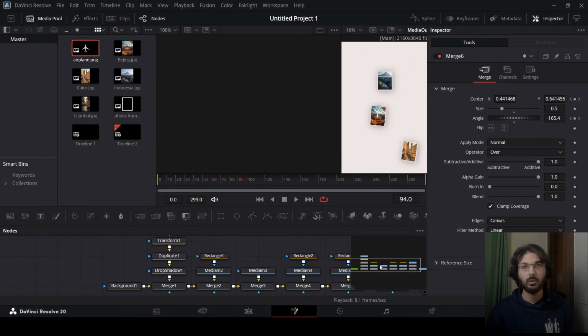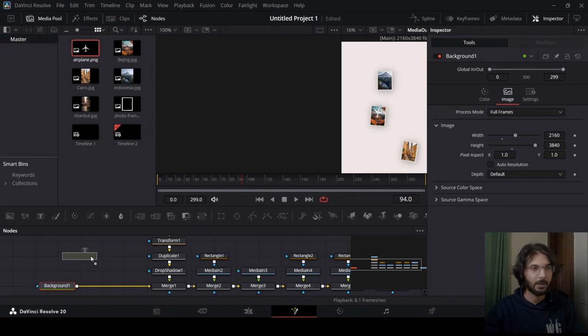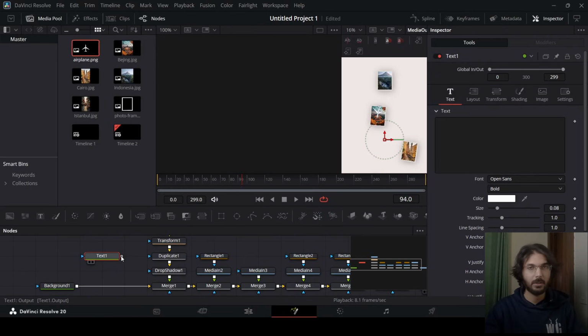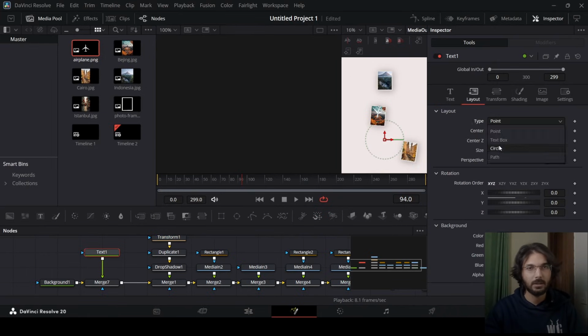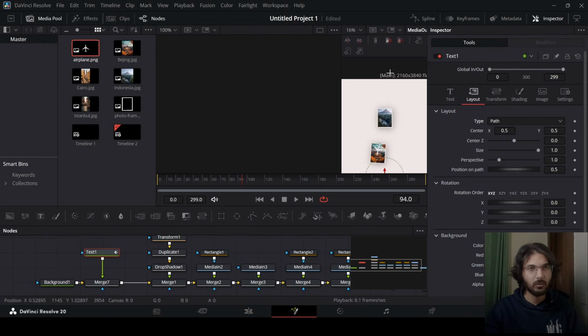Now the next thing, we're going to add the lines that have some animation going on to show that, okay, we have covered this distance. So in order to get those lines on the map, you can go ahead and add in this text node, connect this with the background, and go ahead and just add in some dashes. And let's change the font type to light. And let's go over to layout, change the type to path. So from here, I'm going to create a path. Let's go over at 0. Actually, let's go over at,